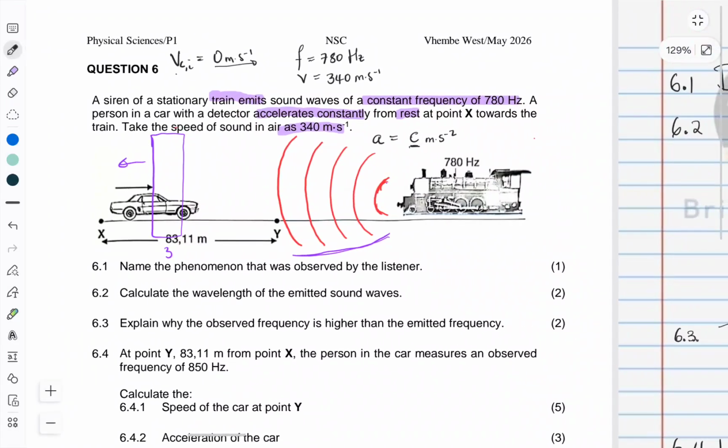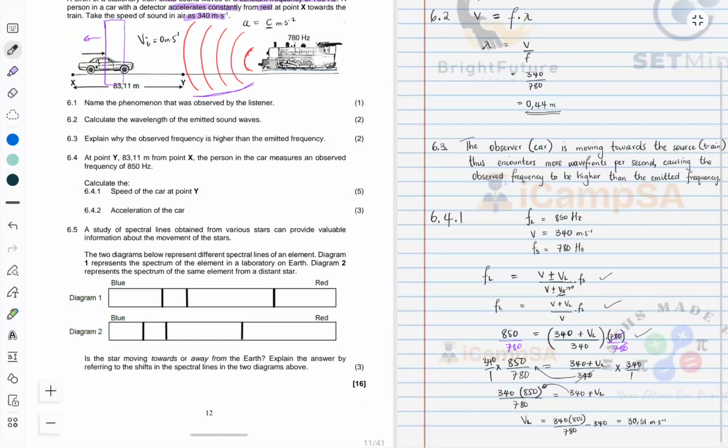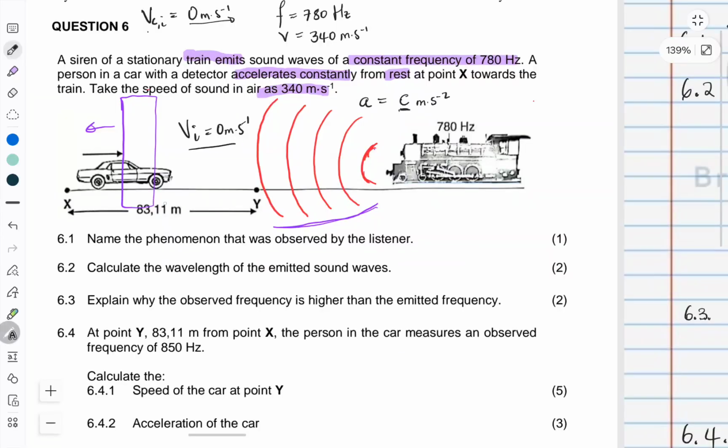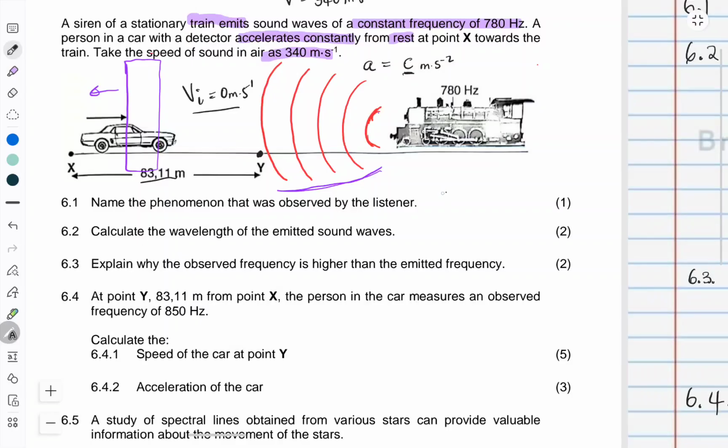So we are given the displacement, right? And we are given the Vi. We are told that it starts from rest. So if you remember, whenever we are hinted that there's constant acceleration, it means you can use your equations of motion to find whatever you need to find. So here we have Vi, and we also have Vf at Y because they said acceleration of the car. So we can find acceleration by saying Vf squared